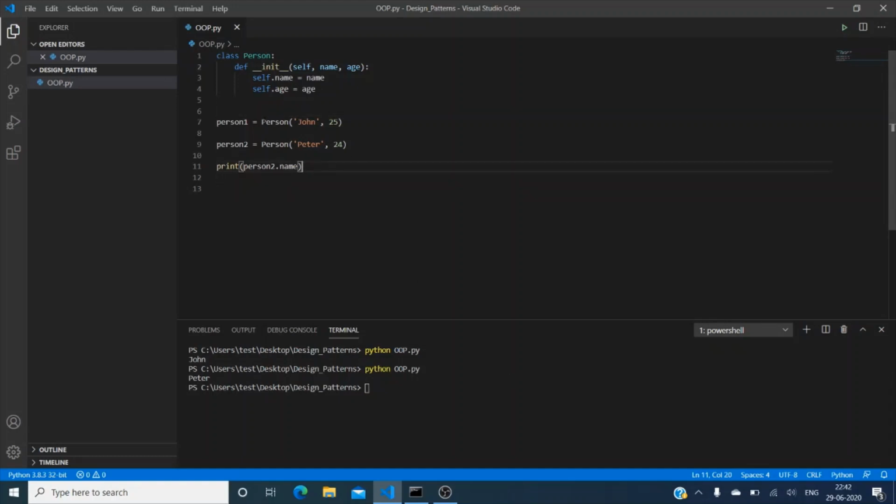Usually we will not be directly accessing the name and the age, that means the data members. We'll actually have methods to set and get.